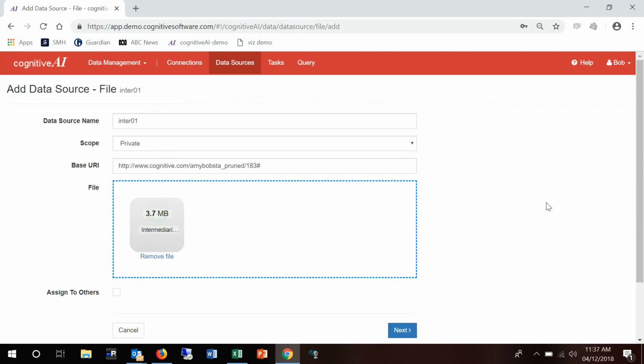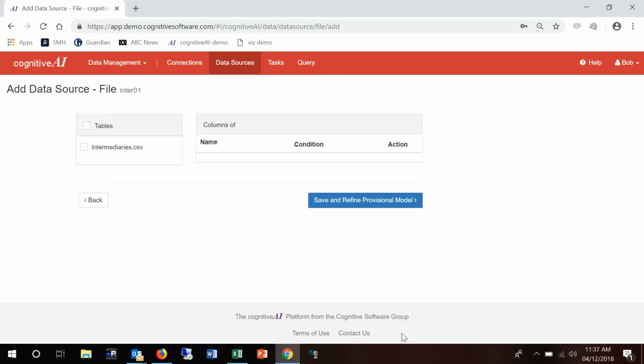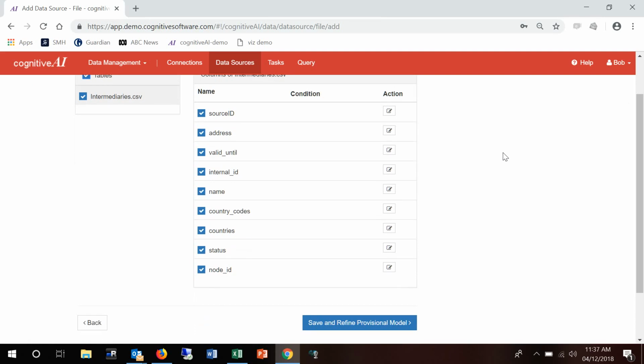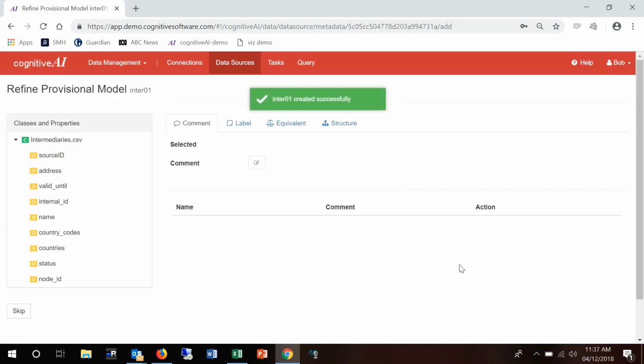We open that and it's now been successfully loaded, so we move into the next phase, and we can see here that the load process has gone away, looked at the CSV file, identified that there's one table, and when we click on that we can see the various column names. And what we'll choose to do here is to add them all to our